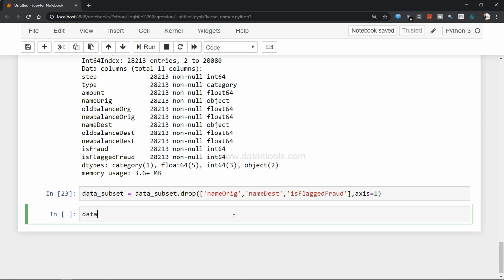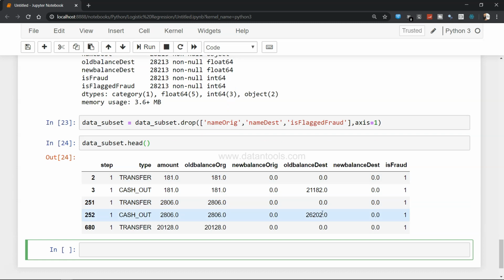So with that, let's look at the new data set. We have this simple data set. All the categories are basically converted into numeric. Now let's convert type into numeric by using one of the pandas functions.